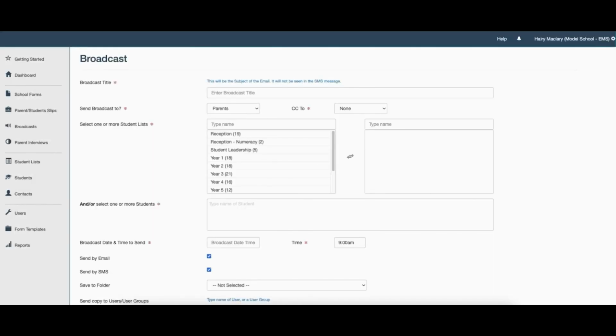There are a few mandatory fields in a broadcast, including the title, who to send it to, student lists, selecting one or more students if need be, time and date to send. For today's training purposes, the title of today's broadcast will be Bus Delayed, Student Leadership Trip. You have the option to send the broadcast to parents or to students. If you send the broadcast to students, you can CC the parents. If you send the broadcast to parents, you can CC the students. For today's example, we'll select none. We're going to select the student leadership group as the recipients,